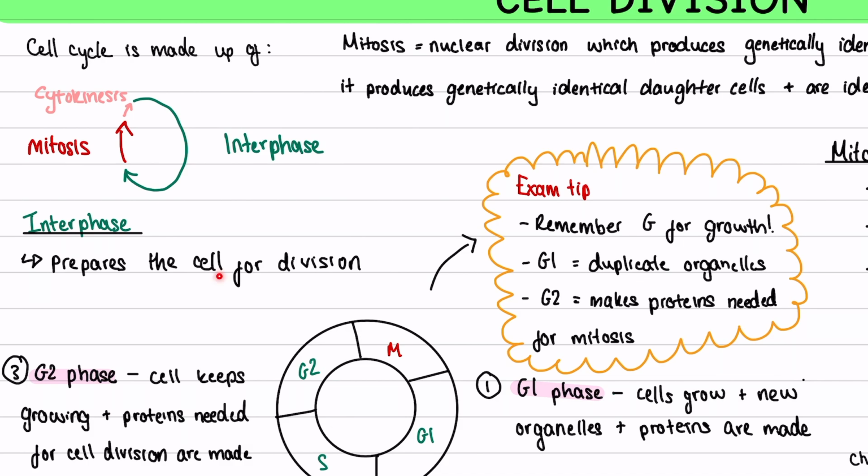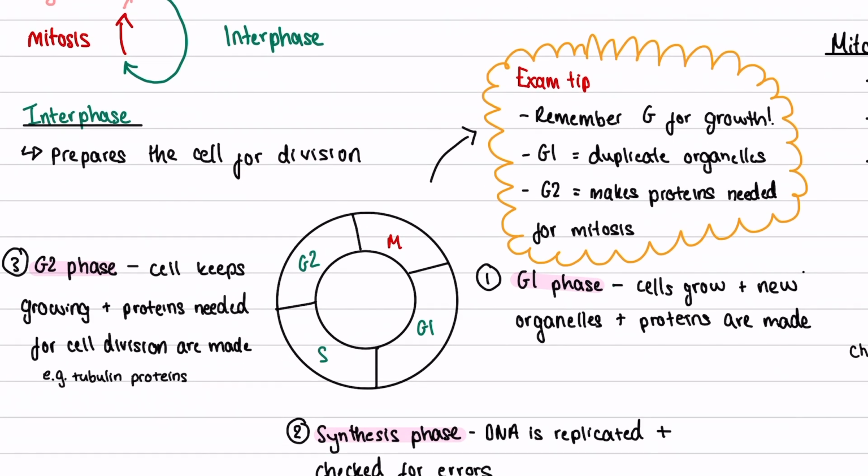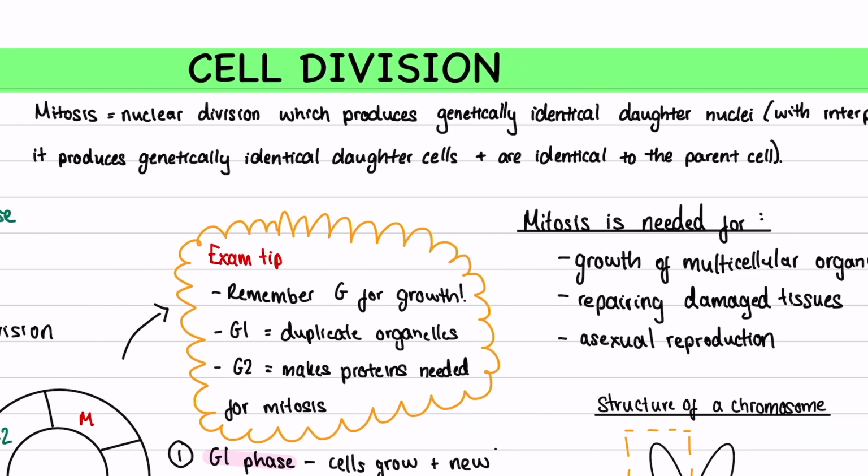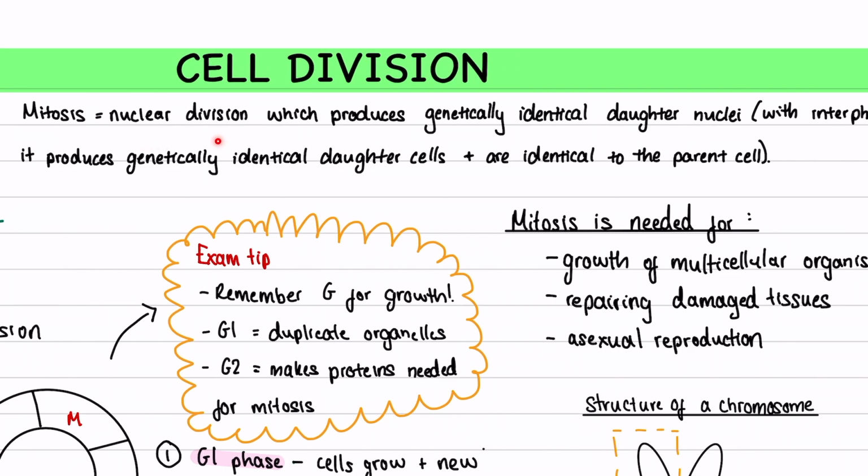You have the G1 phase, which is where the cells grow, new organelles are made, and proteins are made. Then is the S phase, which is where DNA replication occurs and then it's checked for any errors. Then is the G2 phase, which is where the cell keeps growing and prepares itself for mitosis. Then is mitosis. So the definition of what mitosis is that it is a nuclear division which produces genetically identical